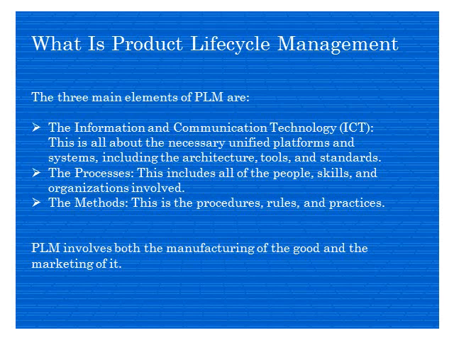Then you need to have processes. As I said, the orange color, people, skills, different organizations, all those things will be your processes. People will be your people, whatever skill set they have, they will be manufacturing something. Some people will have some skills, some will have other skills. So the people, their skills, and your organization, those are your processes. And your product will be generated by procedures and rules, some practices. Those are your methods. So your ICT, your processes and your methods, these are the three main elements which you will need for the PLM.